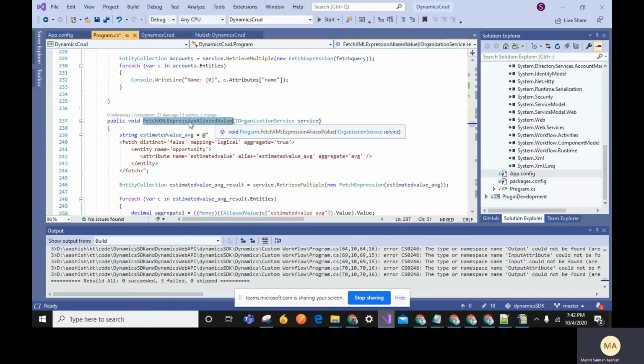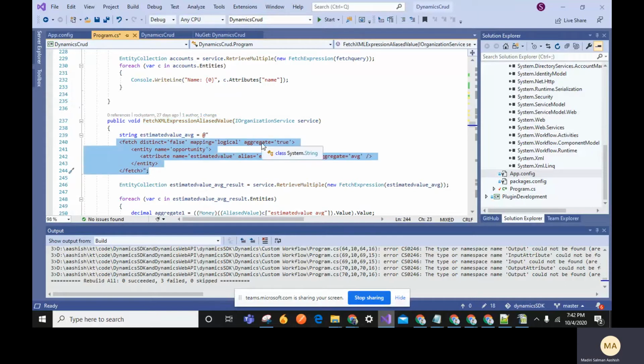And next we need to discuss an alias name. In fetch XML also we can give names for fields. Suppose I want to get some, so this is called aggregated. Suppose I want a count of some records. I want to get the account records, with how many records we created. Suppose I want to get the count for records, so how many records we created in Dynamics.